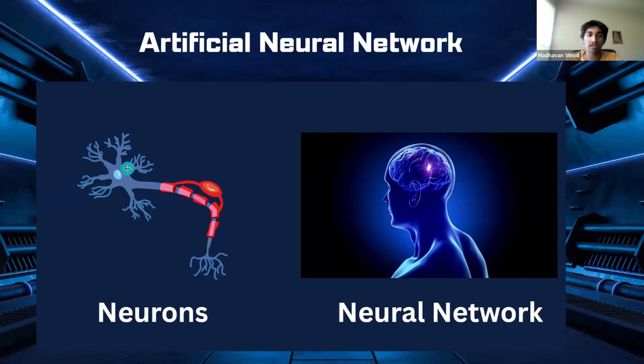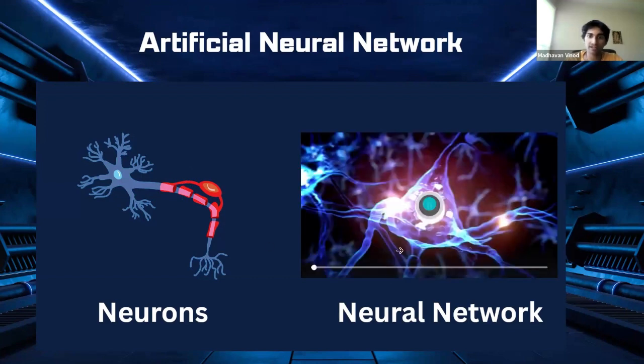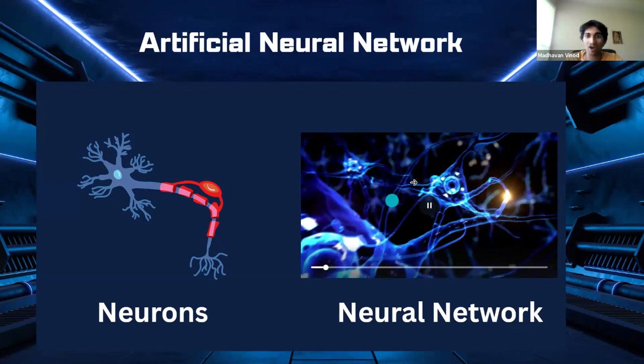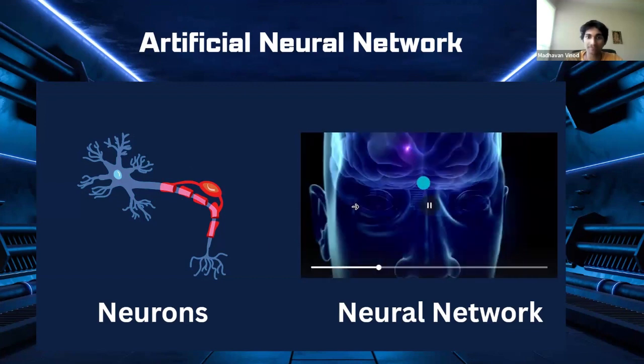When you have a bunch of these, I'm talking hundreds, thousands, tens of thousands, I mean hundreds of thousands, millions of these, or even more clustered together, they're called neural networks. So as you can see here, this is kind of how our brain looks inside with different neurons connected to each other, firing.